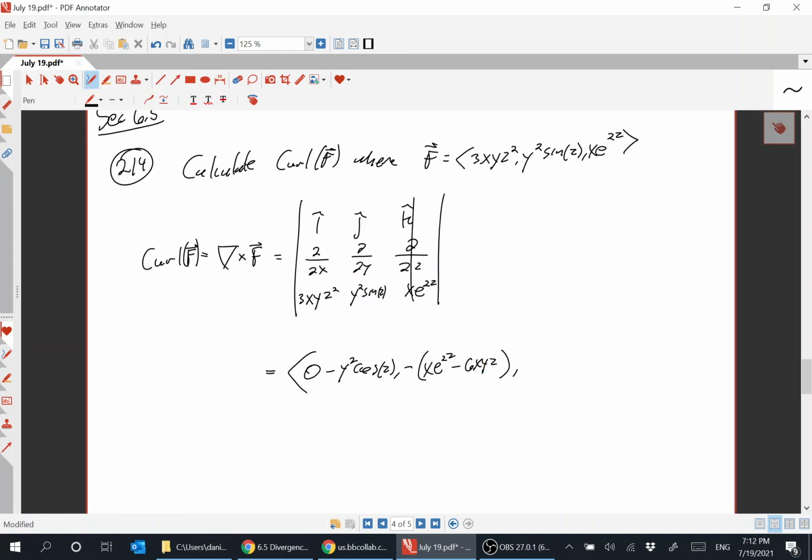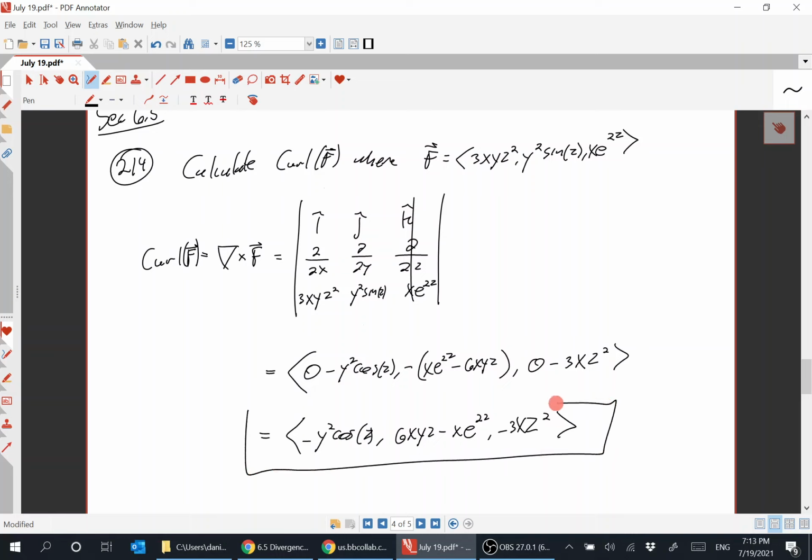And in the k-coordinate, you've got this 2 by 2 determinant. The partial derivative of this with respect to x is 0, and the partial derivative of this with respect to y is 3xz squared. So we get minus y squared cosine z, 6xyz minus x e to the 2z, comma, minus 3xz squared. So that's the